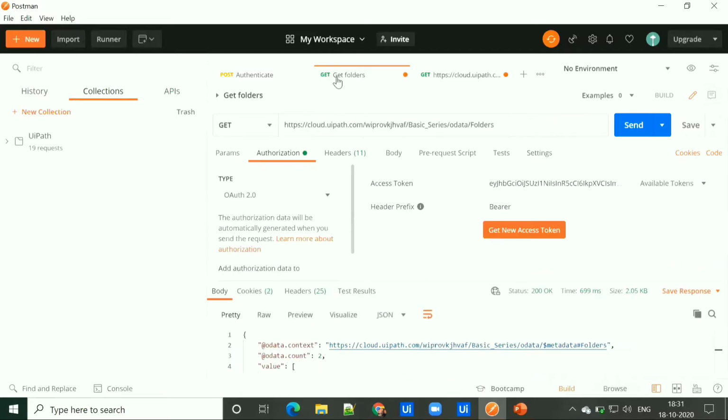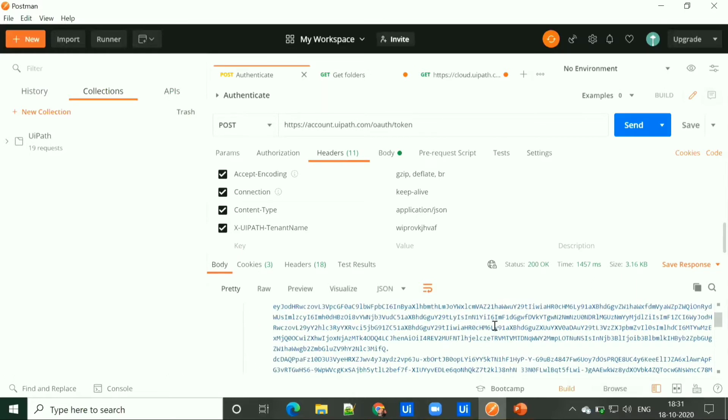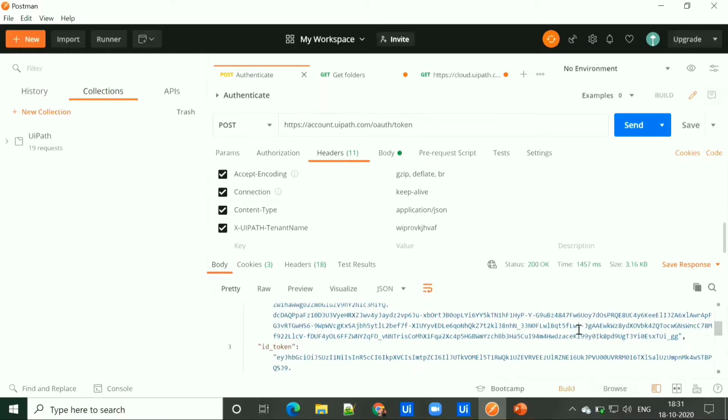The next prerequisite is to get the folder ID. To get the folder ID, we need to use this API call, which is your Orchestrator URL followed by OData and folders. To access the folders, you have to select GET as the HTTP method. You have to pass the authentication, which is nothing but your bearer token, the access token that we have already generated.